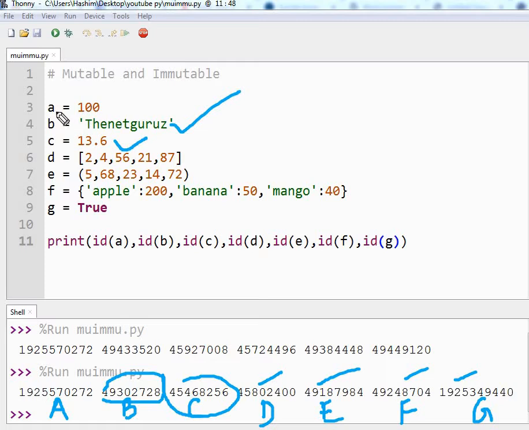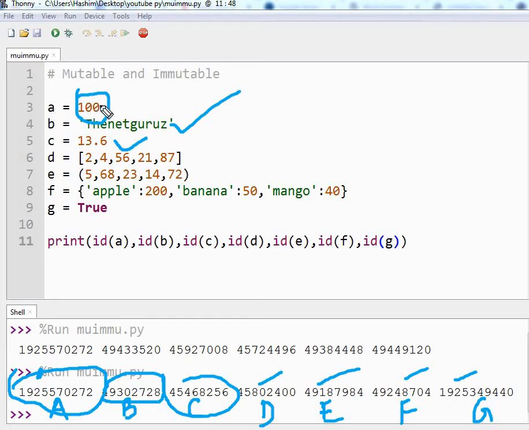Just for a moment, say that this is immutable. What will happen if we change the value of 100 to say 200, and this memory is immutable, so it is not going to change? What will this variable a do? It will point to a different memory address.